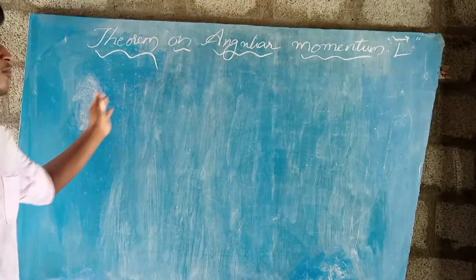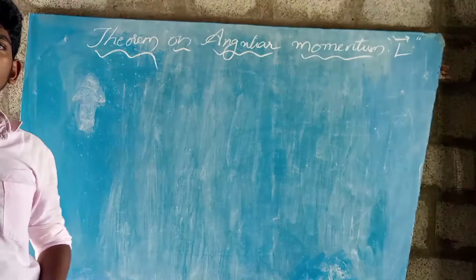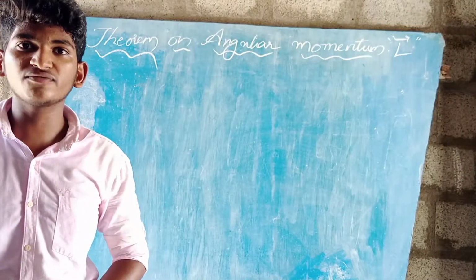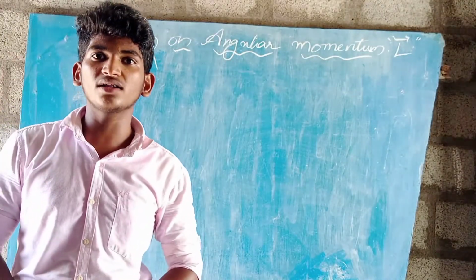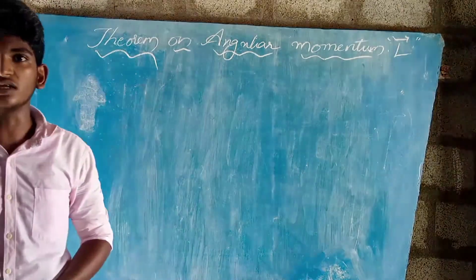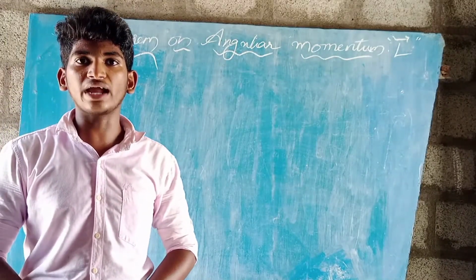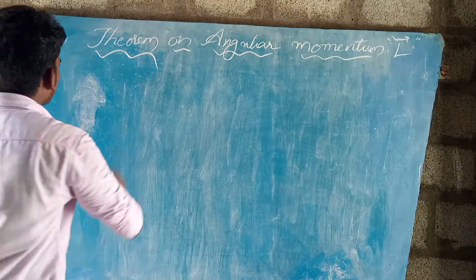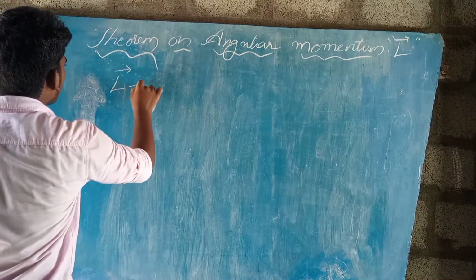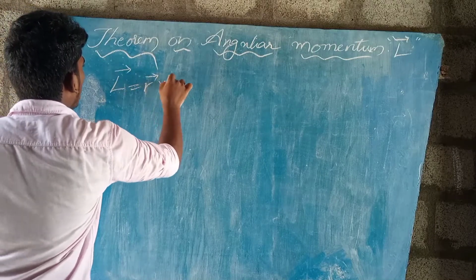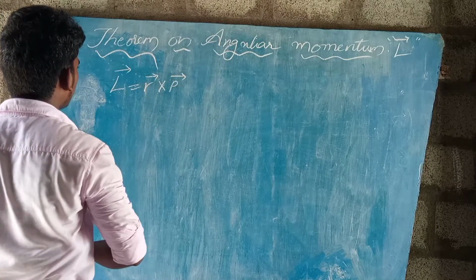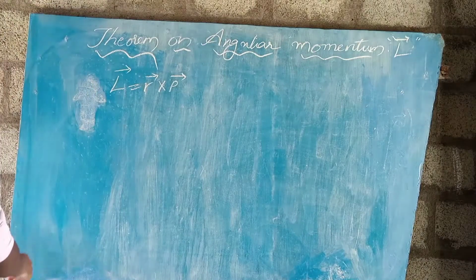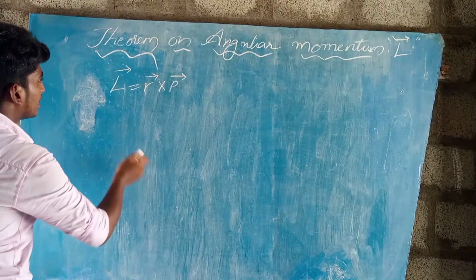Next, the theorem on angular momentum. This theorem states that the rate of change of angular momentum of a particle about a fixed axis of rotation is equal to the net torque acting on that particle. Since by the definition of angular momentum, L is equal to r times p. Differentiating this equation with respect to t, we get